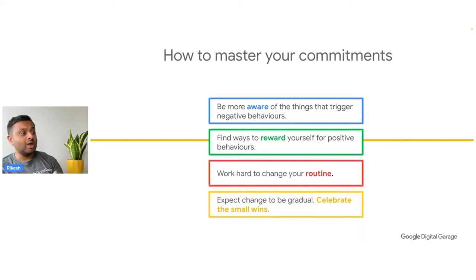you want to be more aware of things that trigger negative behaviors. And when I say negative, I don't really like the word negative, just by its very nature. So just be aware of things that trigger technology behaviors which don't add value, or add the least amount of value, to your life. Just be aware of that fact and catch yourself in those moments. And you will do so naturally more and more.